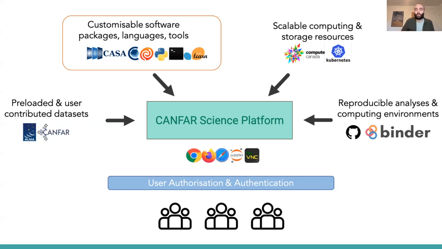If you allow users and groups to bring their own and modify their own containers, you inherit all the advantages of speed and flexibility that software containers have. You inherit that with your science platform, and I think it is a really powerful feature for allowing a platform to organically grow in the communities that it serves and in how it tackles different problems.